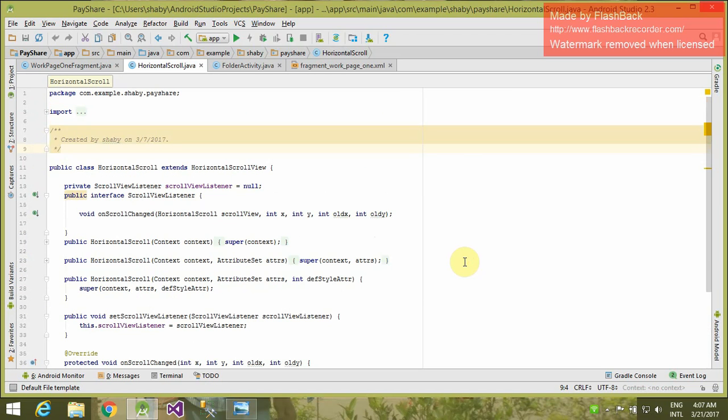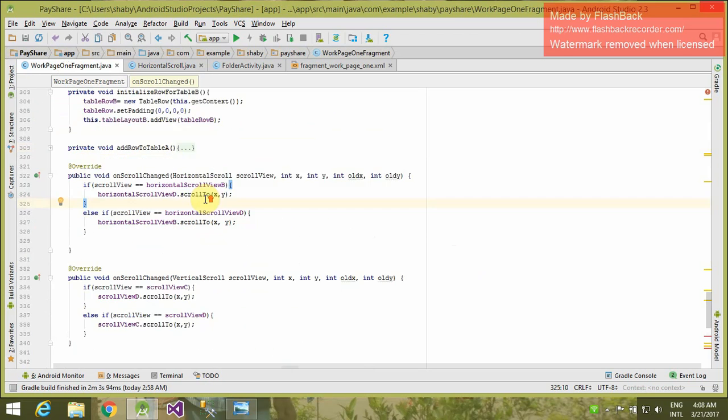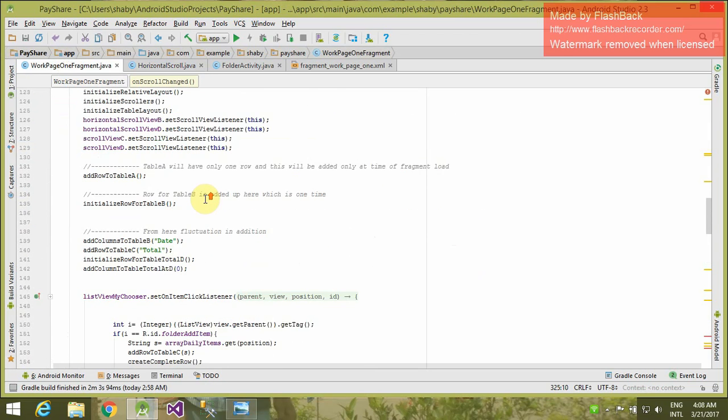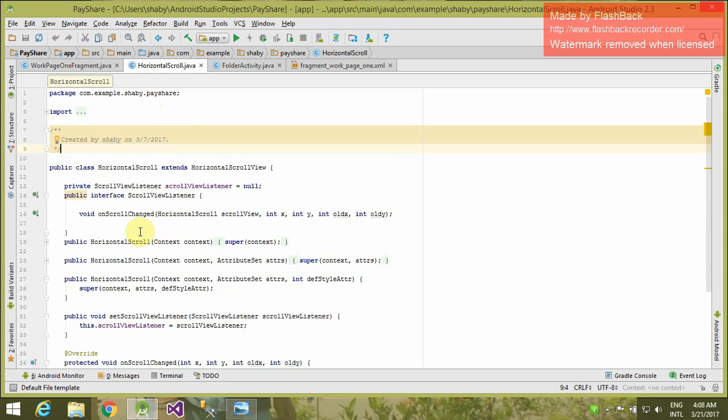What happens is, when we call this interface from this class as horizontal scroll view dot set scroll view listener, this will call here, and in return this function will be executed.